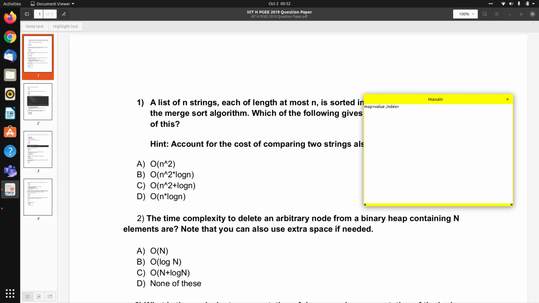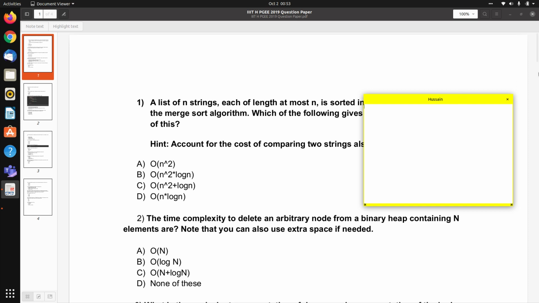So we will just go to that element of the heap and put null there, and then we'll call the max simplify operation on the root node. So that will take order of log n time. So the correct answer for this case is order of log n. Okay, for the second case, we are asked to calculate the time complexity. So here the time complexity is also order of log n.